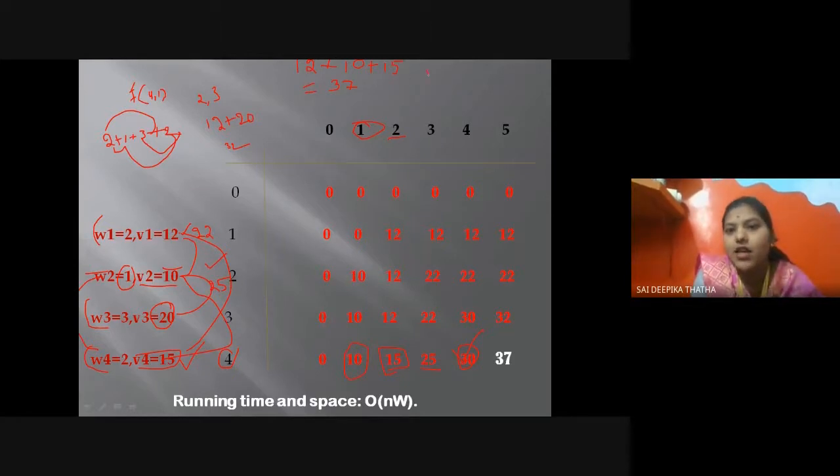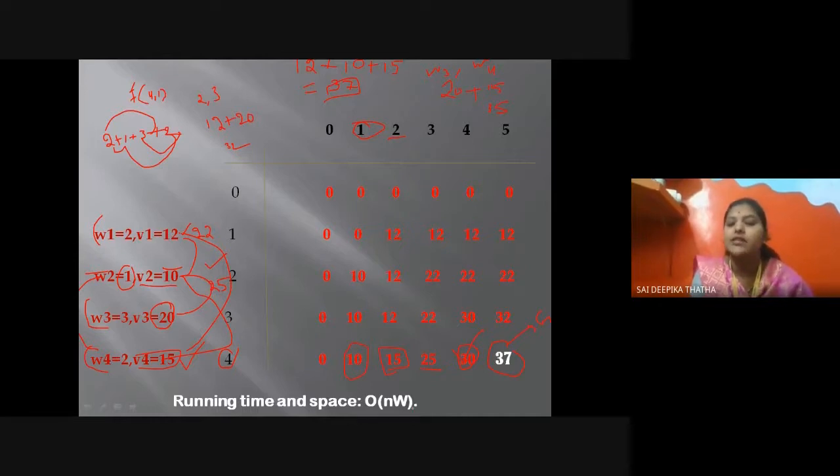It is clear, I hope. W3, W4 weights are going to be 3 and 2. If I add these two, I will get 5. Weights, I am telling. Now, if I add values, I am getting 35. Among 35, 37, 32, which is highest? 37 is going to be highest. That maximum value should be taken and kept here. This is our final goal. We have reached our final goal. But what items should be inserted in the knapsack? That is the main question.